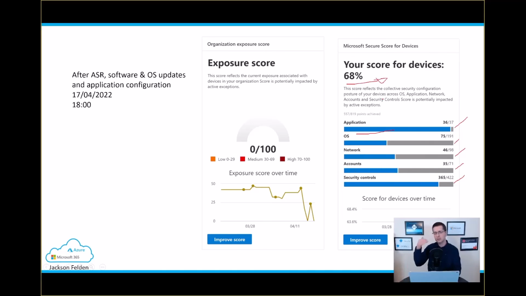going up to 70, 80, 85. And as I told you at the beginning, when it comes to the first score, here less is better, okay? 0 in my case is perfect. And then looking at the device score, more is better. Whatever you can get closer to 100 will be really great. Anyway, I think that's pretty much the work I've been doing for the last 4 days, and hopefully that gives you a better understanding how first these two scores position your organization, where you are in terms of